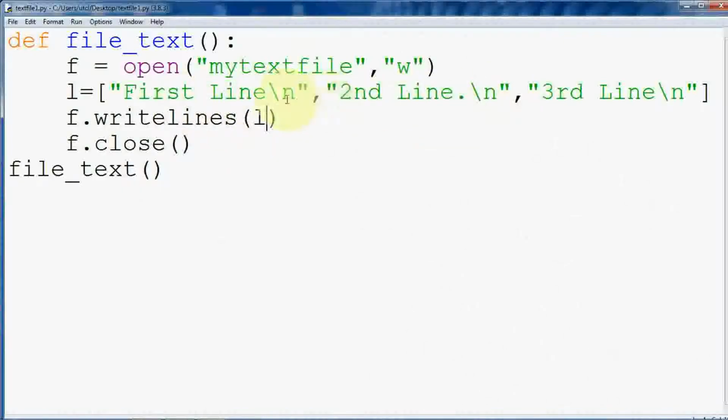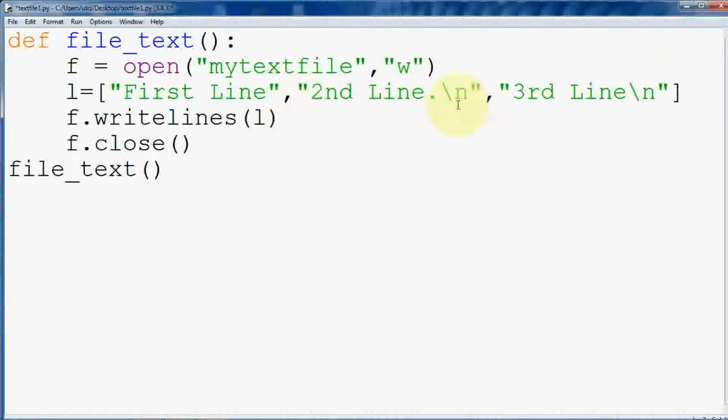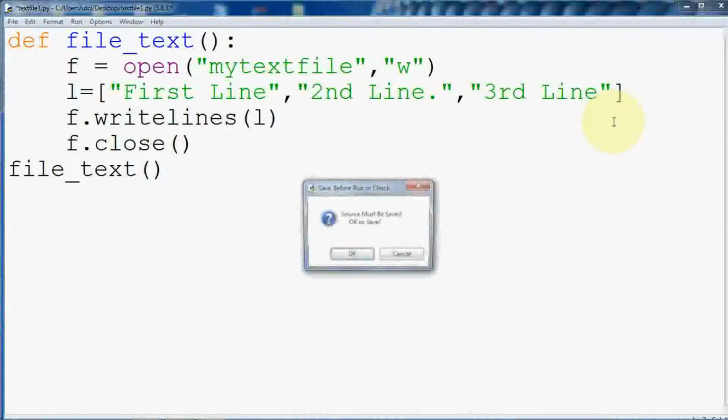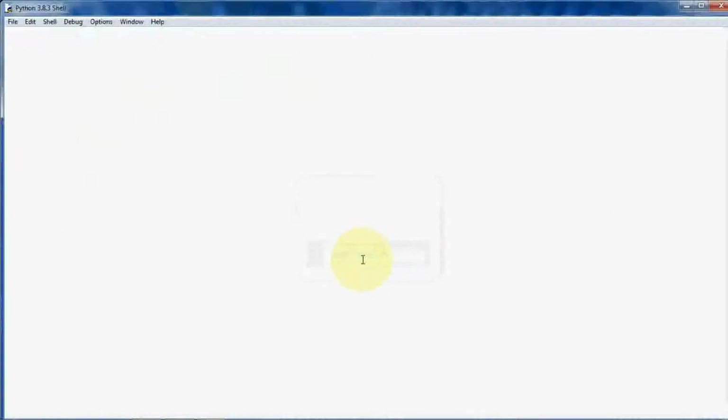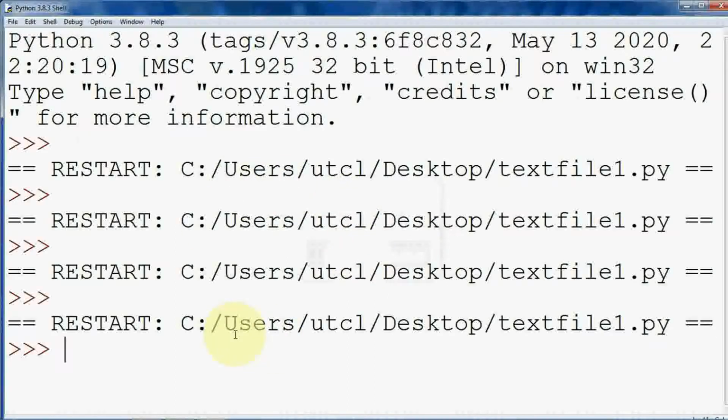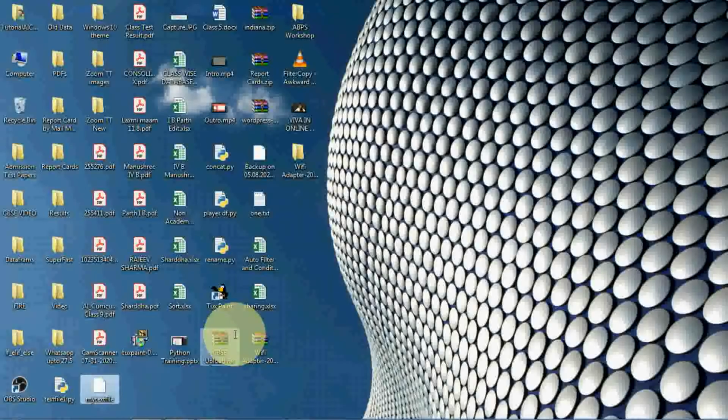And these line ending characters you have to compulsorily mention when writing data. Otherwise what happens? It will write in the same line. See, I am just removing this character because in a text file every line ends with /n. That I have already explained in the previous video. If you have missed that video, watch it. It is available in the I button and description as well.